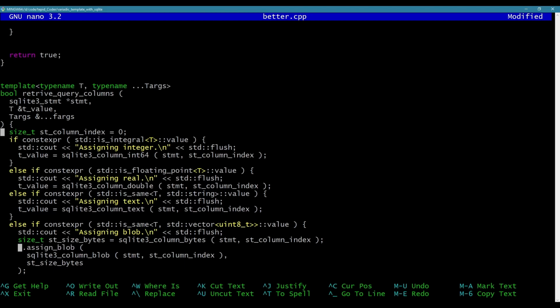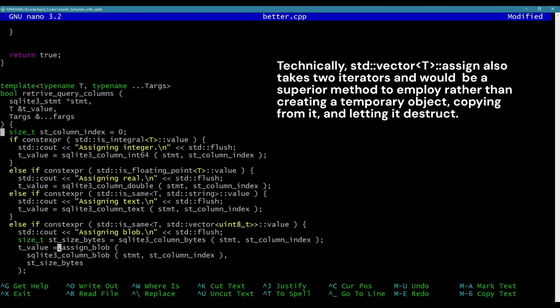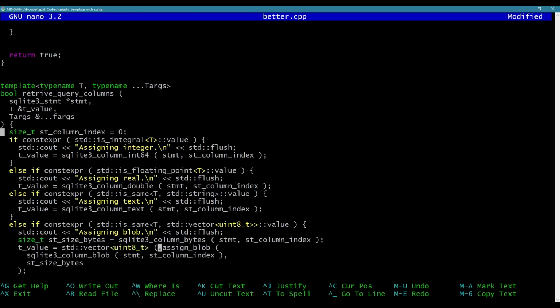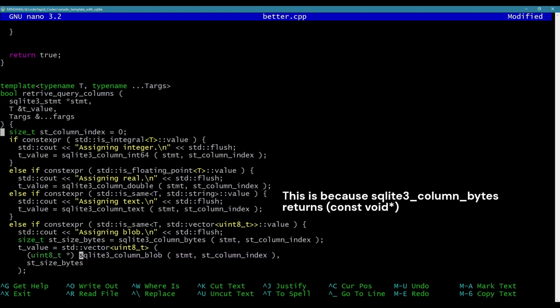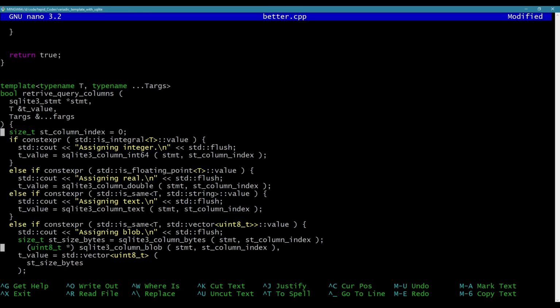This one's going to be a bit weird. I should be able to say it equals this, though, if I put it into a vector first. Standard vector of uint8_t. Okay, and I'm going to pass it. It's going to have to be casted, uint8_t reference to this. Ooh, I can't quite do it that way, though. So what I need to do here, say uint8_t